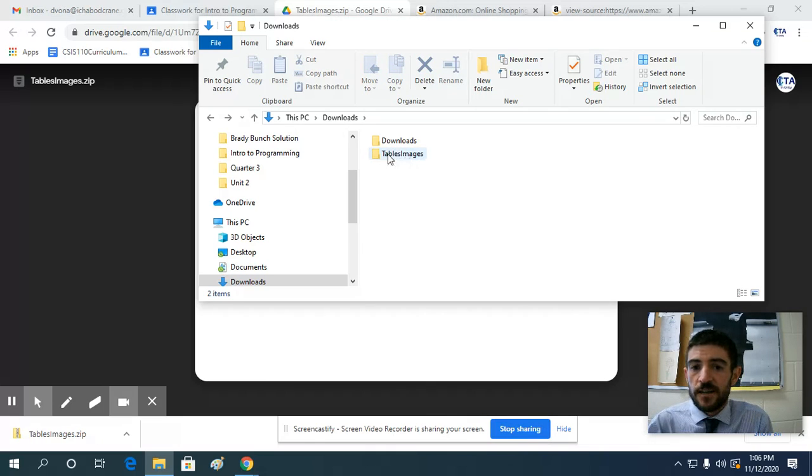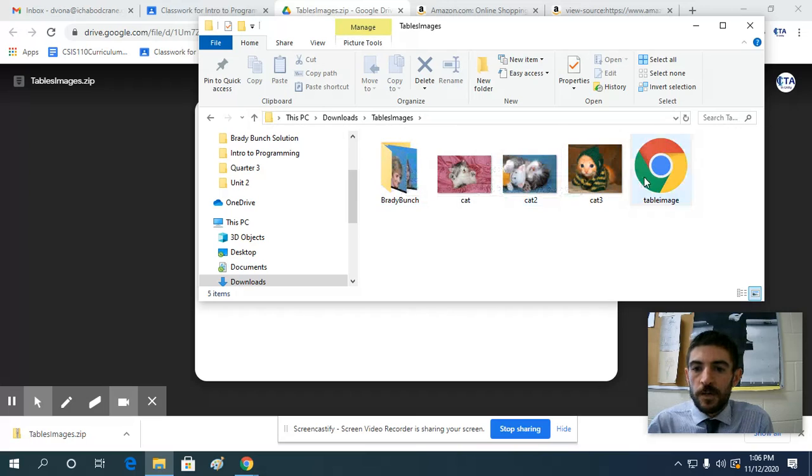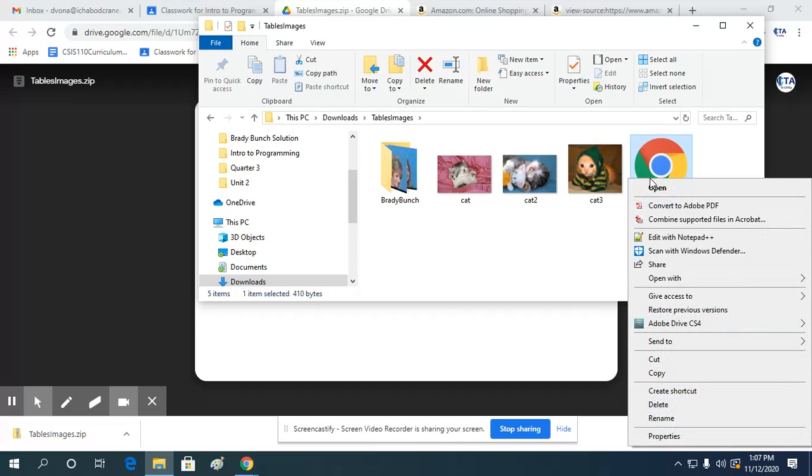But the zip file gives us a convenient way for me to get you 15 files all at once, instead of you having to download 15 things separately, which would get a little annoying. Okay, so now that I have this open, I'm going to go to this table image file that's inside of this folder. I'm going to right click and choose Edit